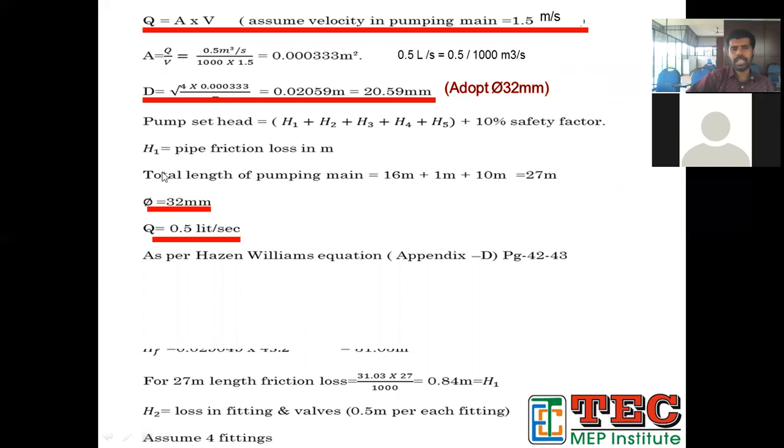So what do you mean by this? H1 means pipe friction loss. Okay, pipe friction loss in meter. Then the total length of the pumping wheel. Okay, so you can write like